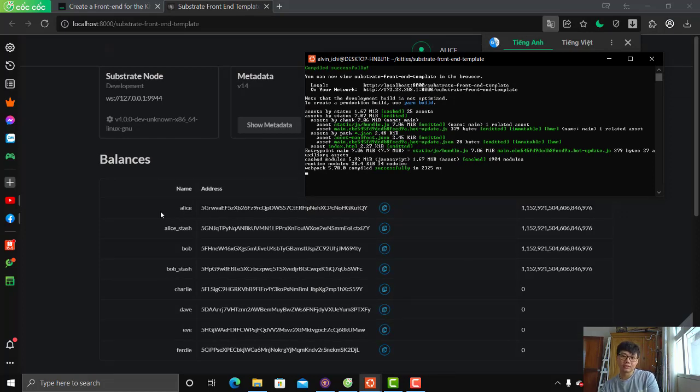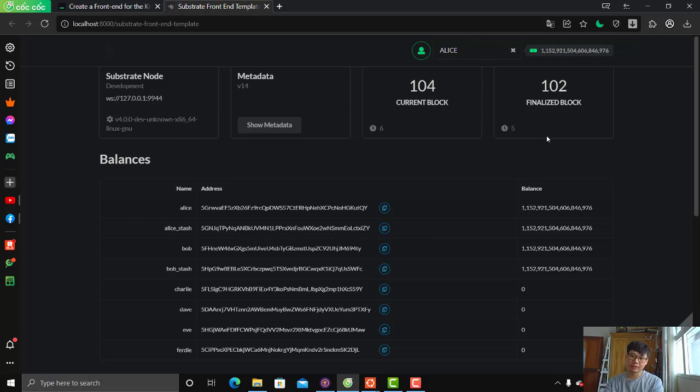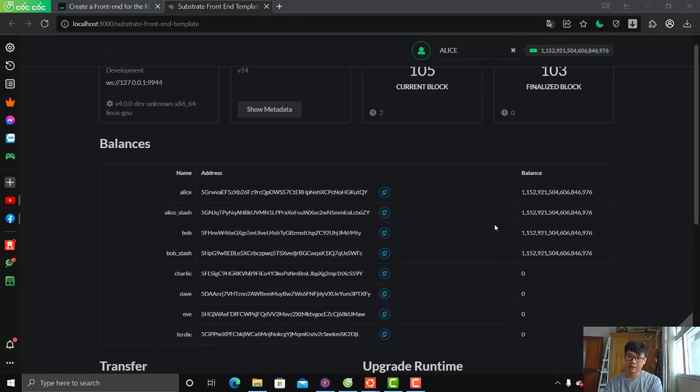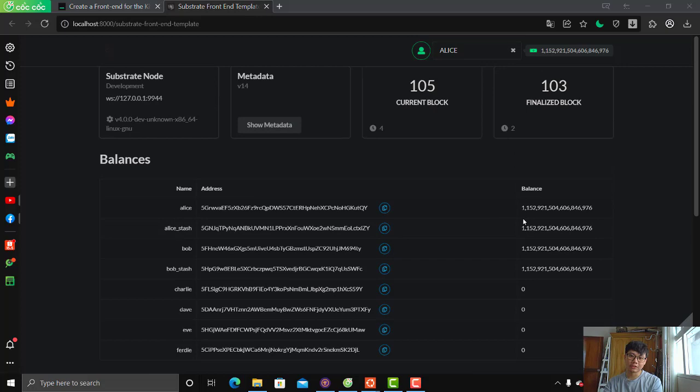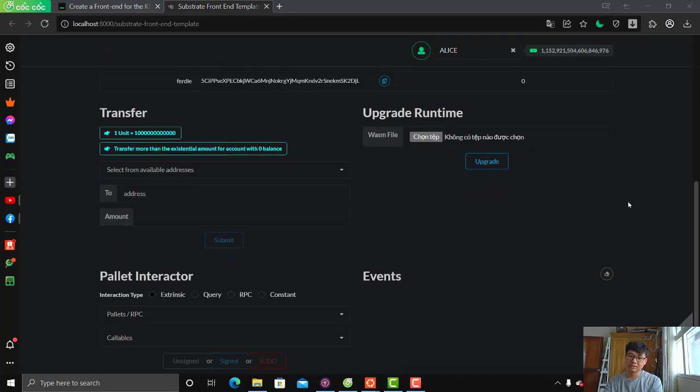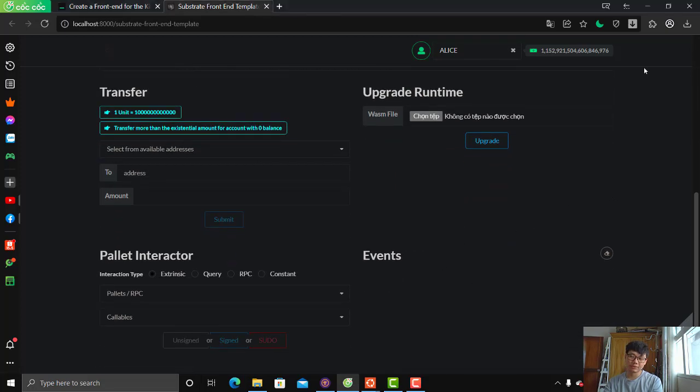Okay, so the front end template is running, and you can see some information is the same as in the previous